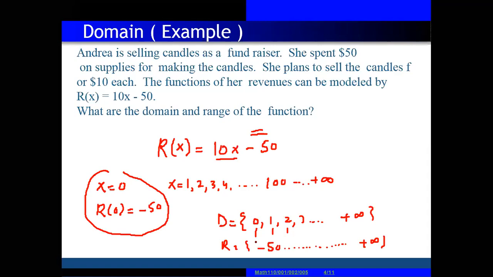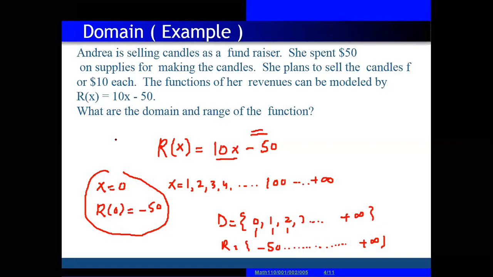0 cell, 1 cell, 2, 3 up to infinity. Negative cell is not possible. So this is an example of how to find domain and range. What is actually the domain and what is actually the range? We have a third example,